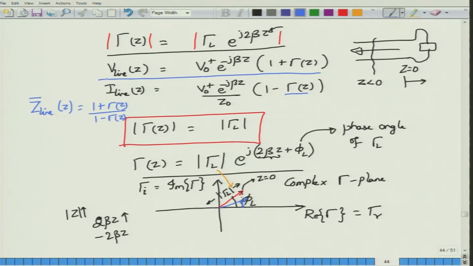This would be the line impedance, and that line impedance will be divided by Z0 in order to normalize the line impedance. Okay. So if you know gamma of z at any point on the transmission line, you can now know how to do that by following this particular arc, and you can figure out what would be the line impedance. However, this process is still a little bit tedious because it involves a formula.